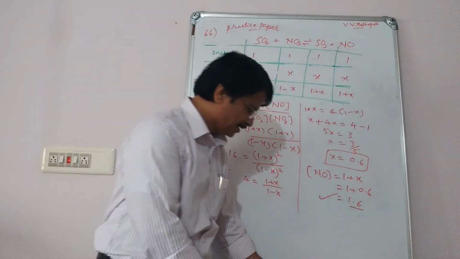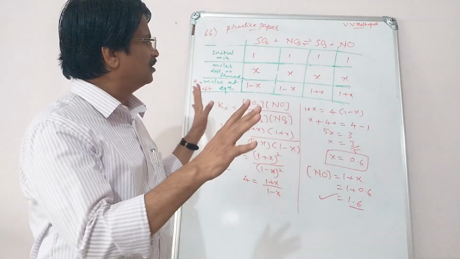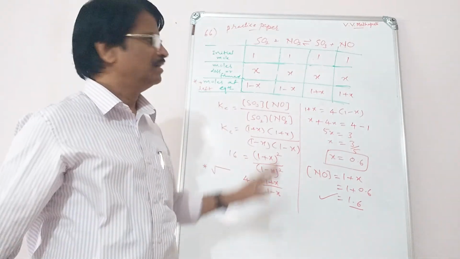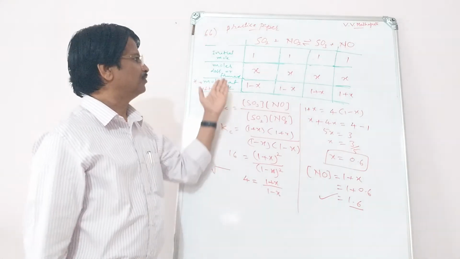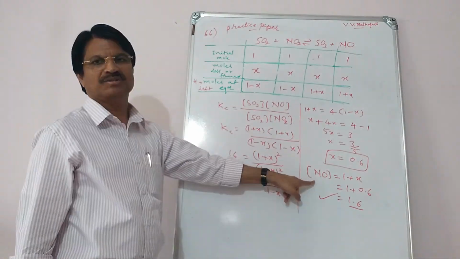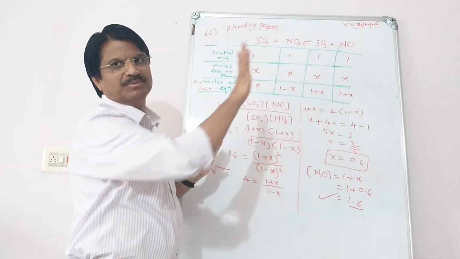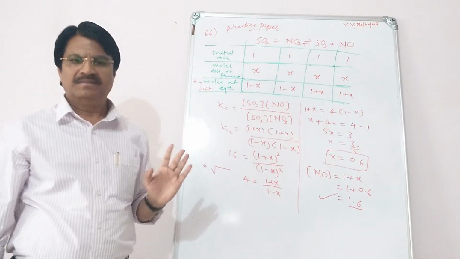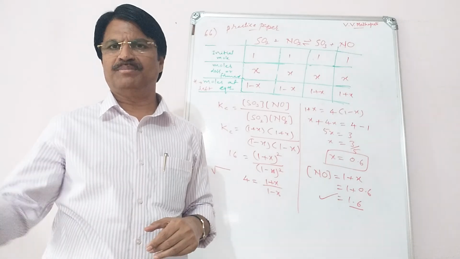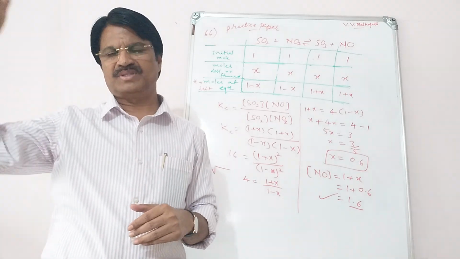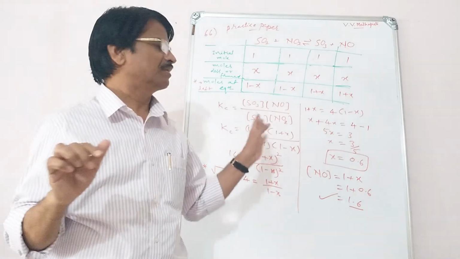So in the equilibrium topic, part 1, chemical equilibrium, I explained all the different types and methods: how to solve the questions and problems, how to find Kp and Kc values, how to find concentration values at the equilibrium state, and, importantly, how to find the number of moles at equilibrium. Then in the next video, I will explain ionic equilibrium, which is part 2, the second part of the equilibrium topic. We will continue that in the next video.